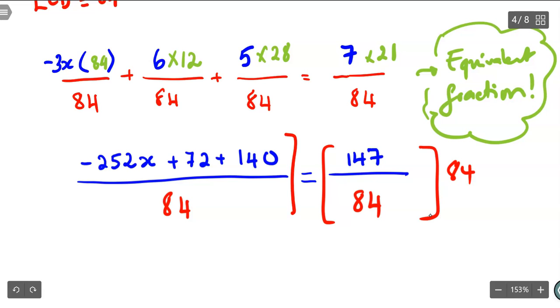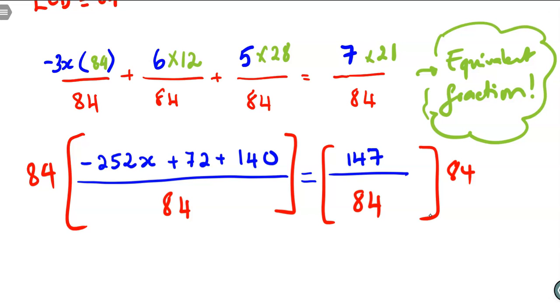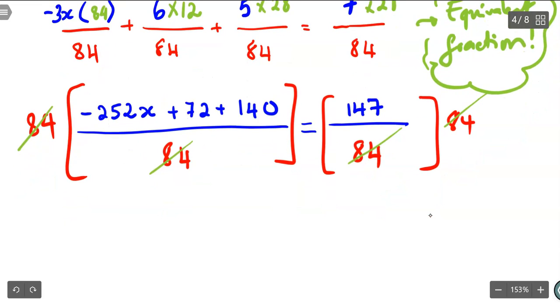Okay, I multiply both sides by 84. Whatever you do on this side, you do the exact same thing on the other side, right? So why do I do this? Because I need to get rid of the denominators. Alright, now my next step is to